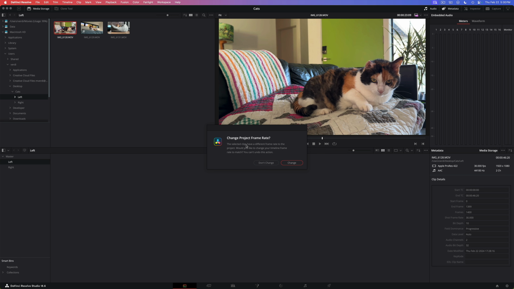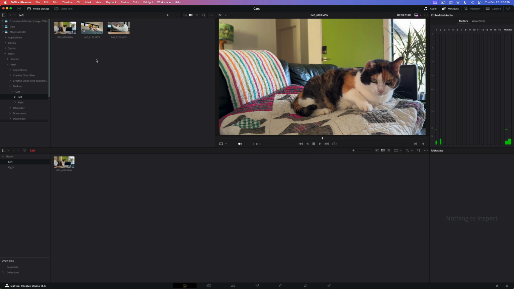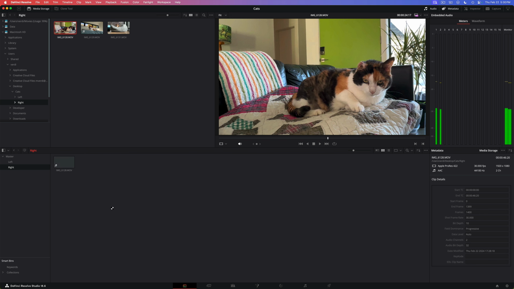It'll just ask you to change the frame rate to the frame rate of your clip, and that's what you want to do, so you change. Okay, I'll open the right bin, go to my right thing, pull this one in like that. I'll click on the master level here, and I'm going to do